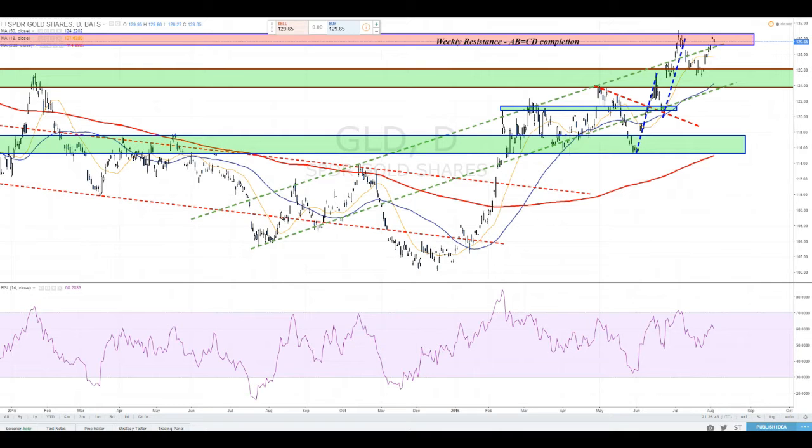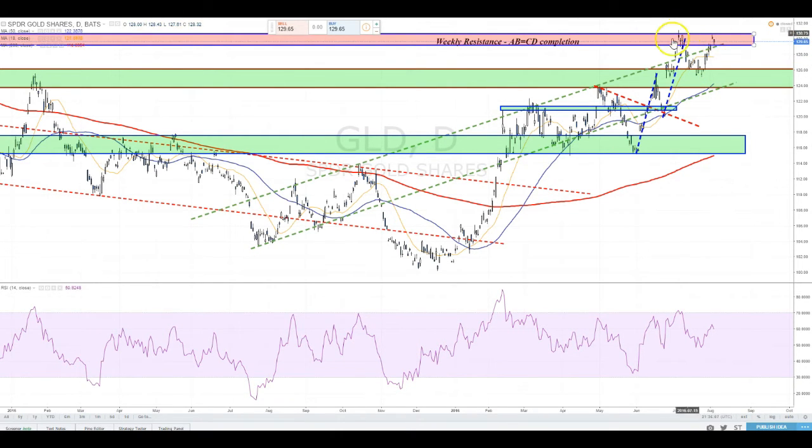So this setup was mentioned in the weekly newsletters this week. It includes a weekly resistance zone near the $130 handle, with an AB equals CD pattern completion that already had an initial bearish reaction to it. As you can see, the price already declined from 130 to 125, tested support, and bounced back up again,